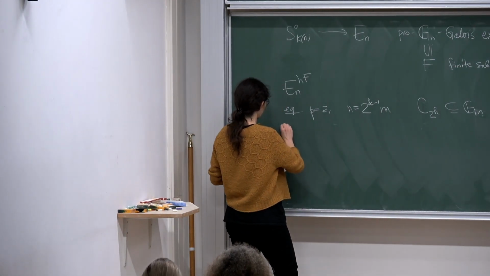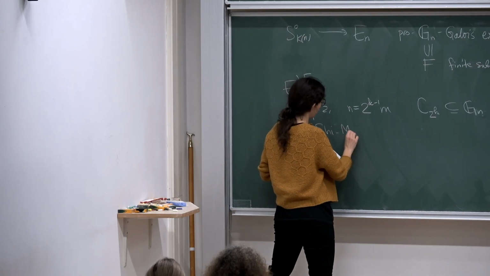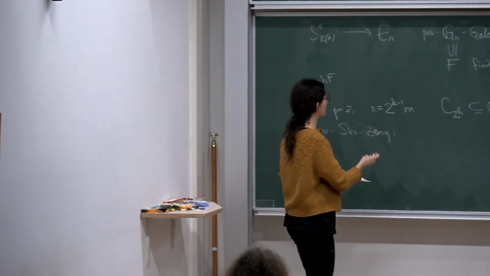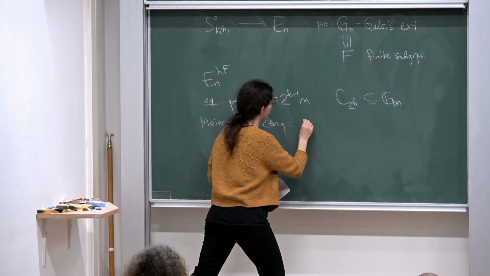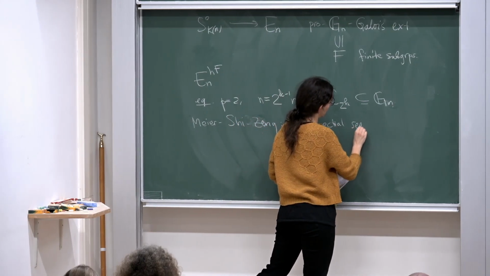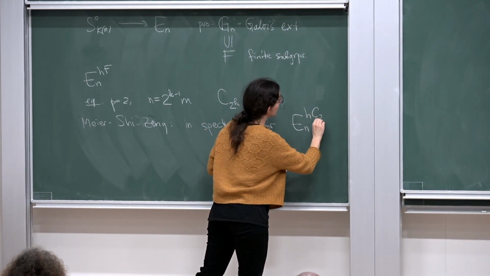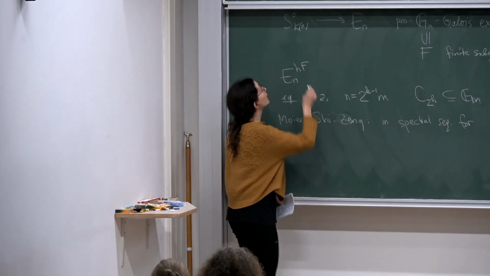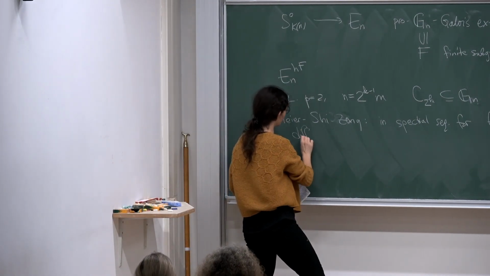So Hill, Hopkins, Ravenel, Meier, Shi, and Zeng showed that, well, if we're trying to understand the homotopy fixed points, for example the homotopy fixed point spectral sequence for E_n, hC_{2^k}, what we need to do is to, so we have, yeah, there are going to be differentials